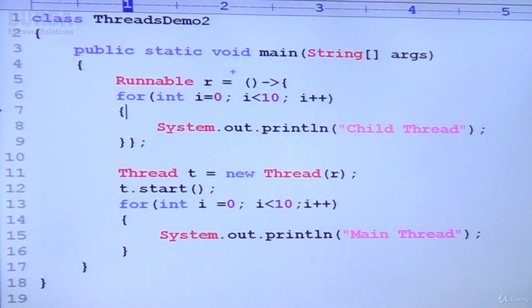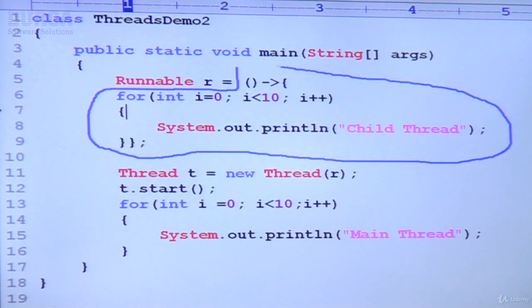If you observe, this total thing itself is nothing but, what is this concept, sir? Can you please explain? This is nothing but a lambda expression. Have you observed, right? Runnable r is equal to, this is the lambda expression. Next, Thread t is equal to new Thread(r), t.start(). For int i is equal to,